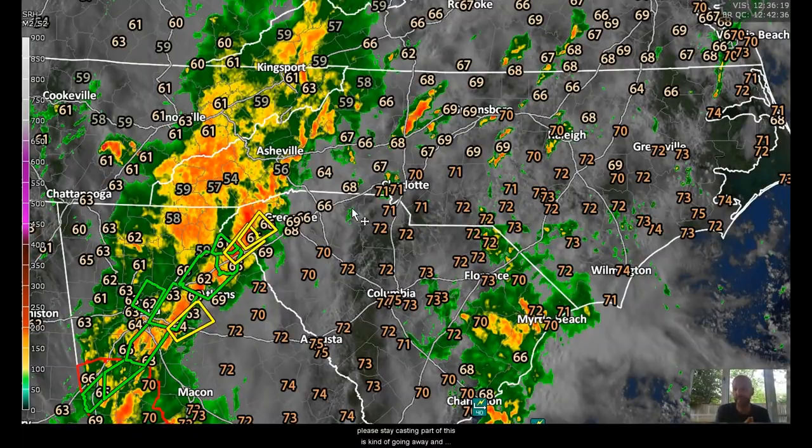Right now, the forecasting part of this has kind of gone away, and it's really about forecasting short term, each storm, where's it going, the track of the storms that are rotating. So it's really about the warning process now. So as warnings come out today, please, please, please take these warnings seriously. Remember, the warnings today aren't going to be your normal warnings. There is a lot of wind energy in the atmosphere, and you need to take all of the warnings today